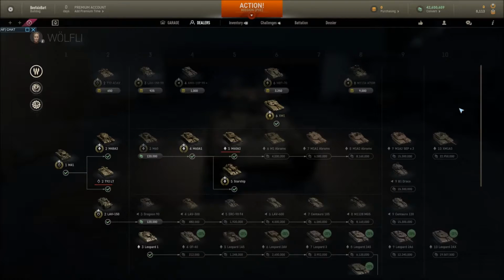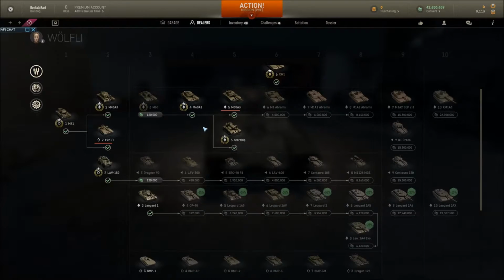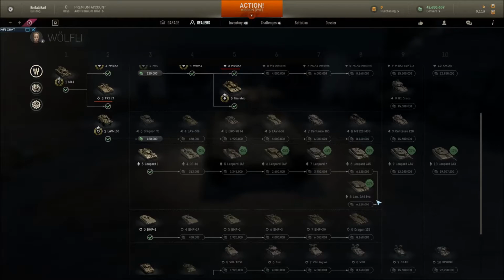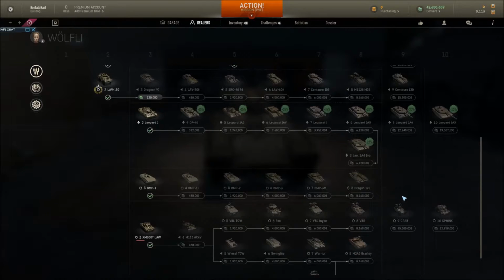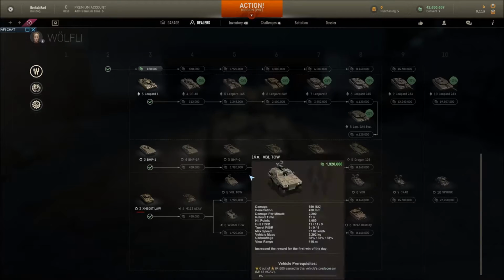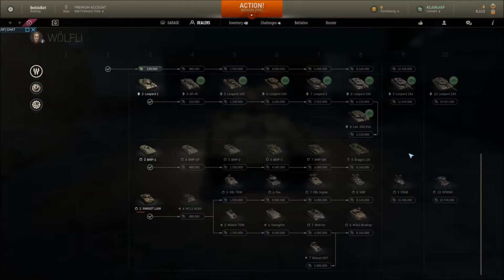These are premiums, and these are premiums here. But you've also got your light vehicles. You also have the German tanks, Leopard all the way through Leopard 2AX, Leopard 2A4 Evo. You get the lighter vehicles, and it'll go from the BMP-1 all the way to the 2, the 3, BMP-3M, the Dragon 125. Then you also get into the light wheeled vehicles,